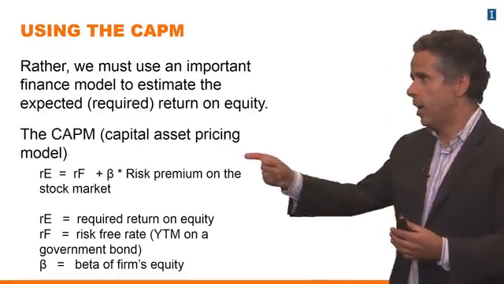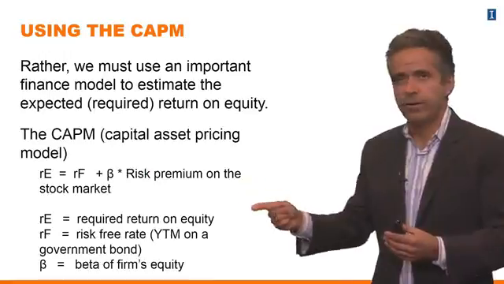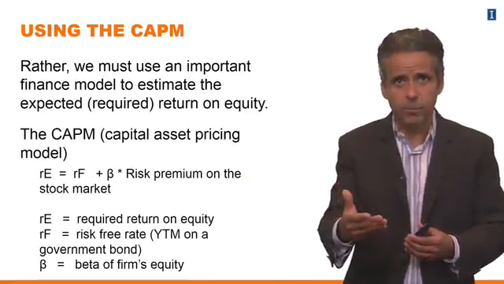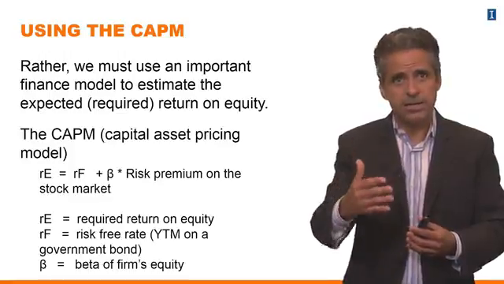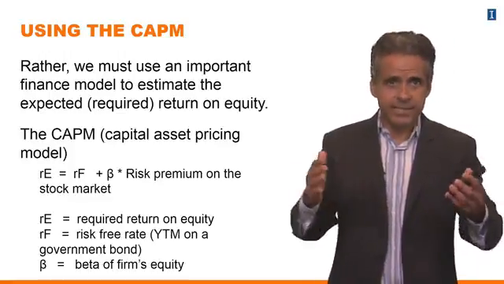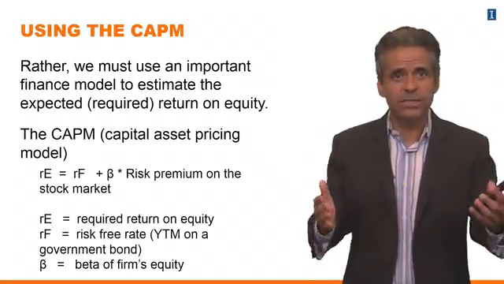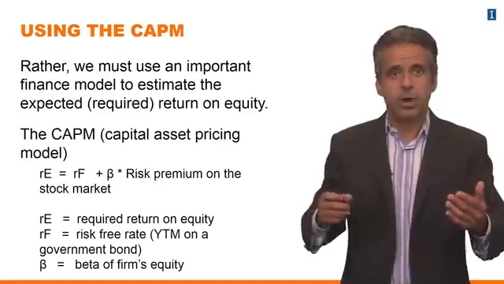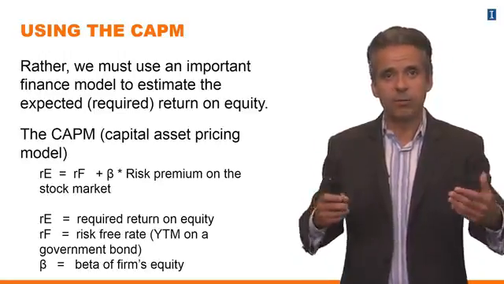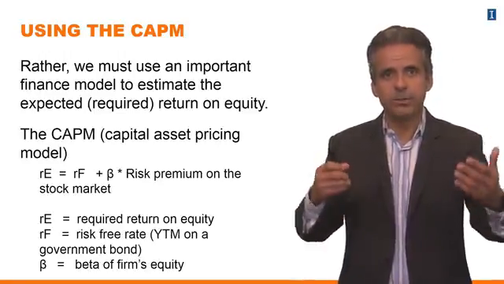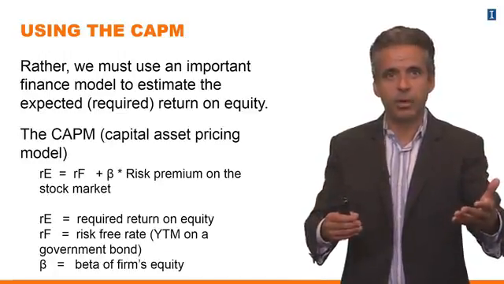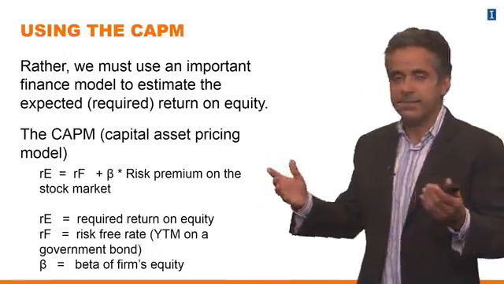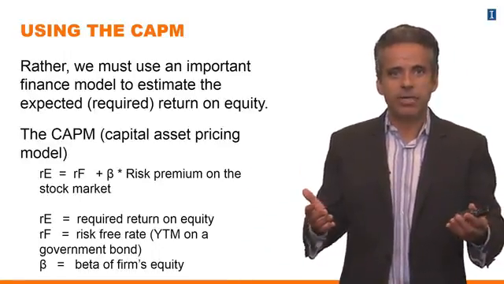So here's the model. It is the sum of a risk-free rate, which we are going to take as the yield to maturity on a government bond. The security in the economy that has the least risk is a bond that is issued by the government. Why? Because the government can always use taxes. The government can always tax people, can tax companies to make sure that it has enough funds to repay the bond. That argument doesn't always work, but if we're thinking about markets like the US, which are established,